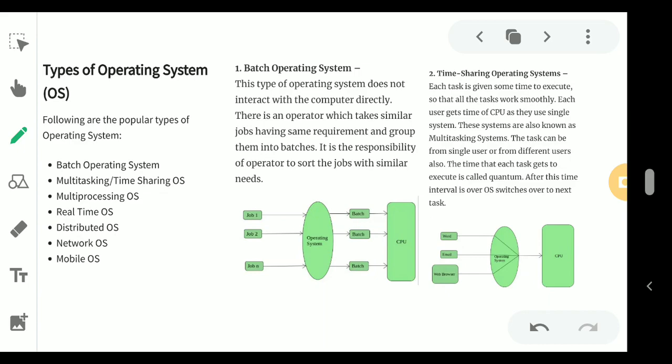Another very popular one, a question that comes year after year, is: what is a time sharing operating system? Such an operating system allows various users to share the total available time of a CPU. Not only the CPU time, but also the memory and the other resources of the computer system